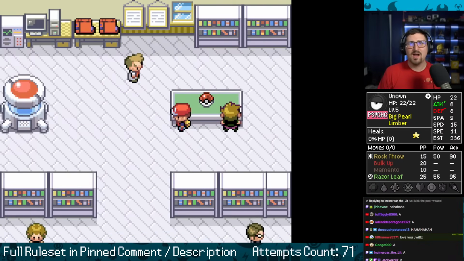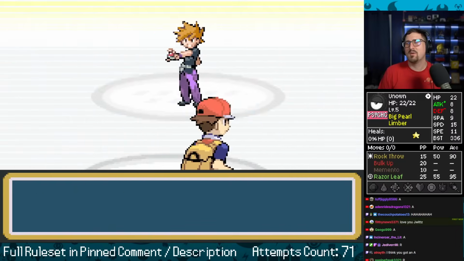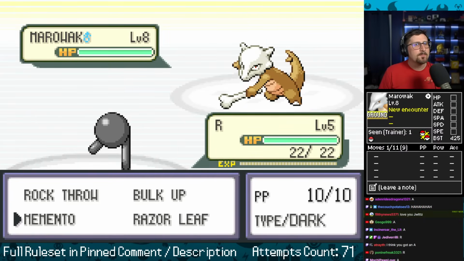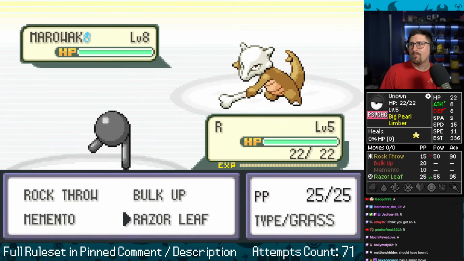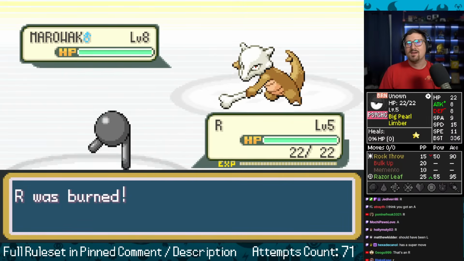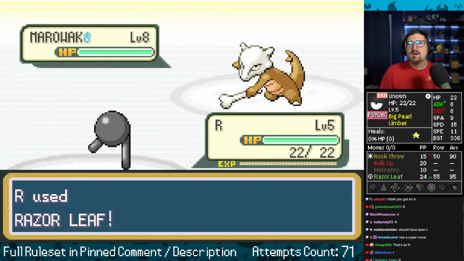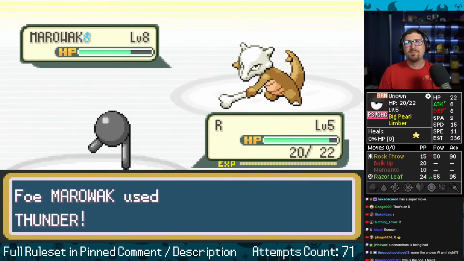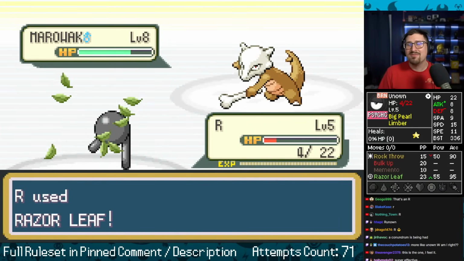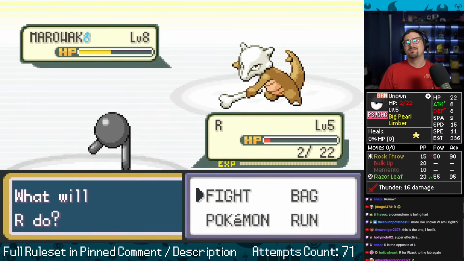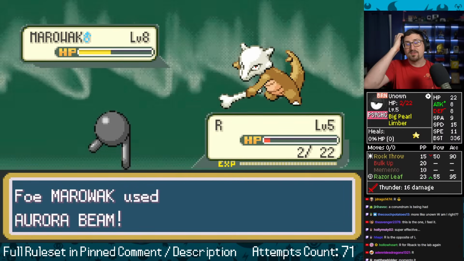There's no way. Oh, Marowak. Wait. We Razor Leaf into Marowak. Get the crit. Wait. What's my special attack? Oh, yeah. No, it's all coming together. Will-O-Wisp? That's all you got? I need to get the crit. Thunder? That's child's play. Oh, I'm alive. Burn probably kills me. It might not, but crit. Now I'm dead. Unless...